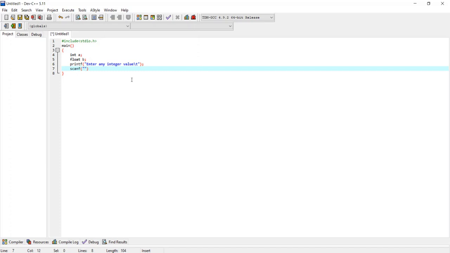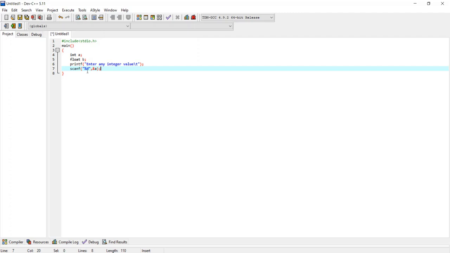In the scanf function, first of all we have to give the format. So %d, I have already told you %d is the format for the integer, and here we have to put the comma, and here we have to use &a, then put the semicolon. Now %d here means that we have to read the value in the integer format.